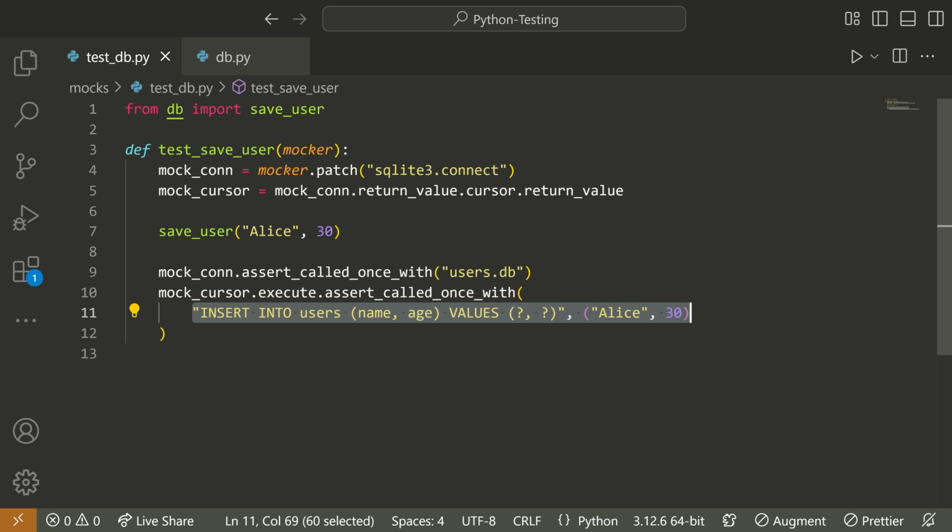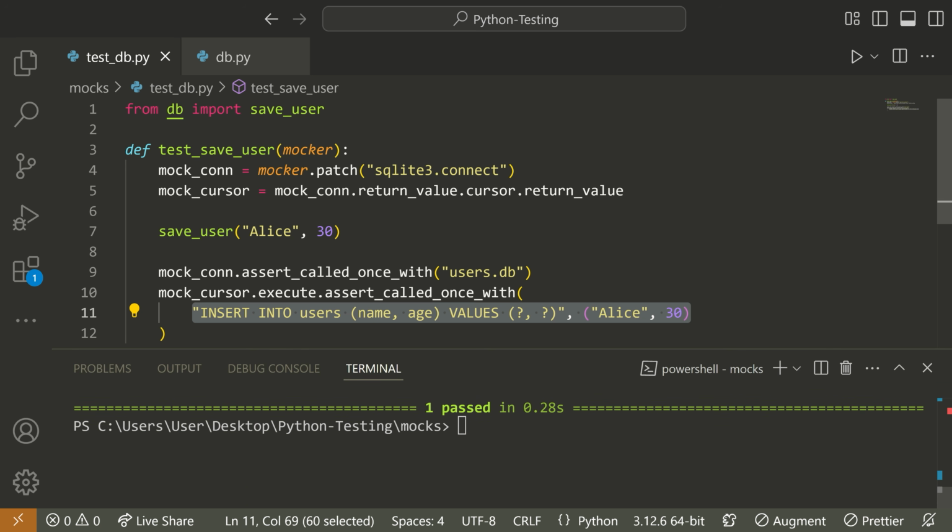Okay? Again, I know it's a little bit confusing, but this is how you work with mocks and how you fake the database. So now, if I were to run test database, it's not actually going to create a new database, which it typically would otherwise. It's just going to mock that code and make sure that my logic is correct without relying on that SQLite database to be connected. So if I say pytest